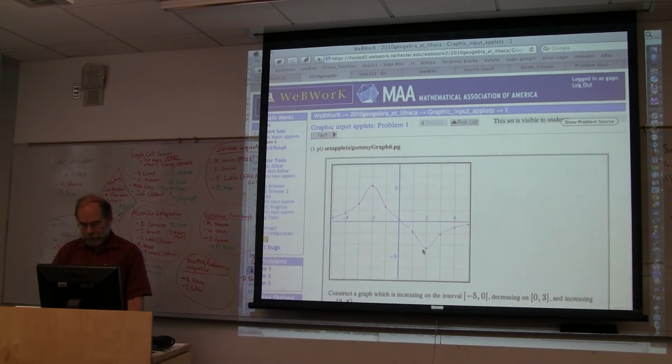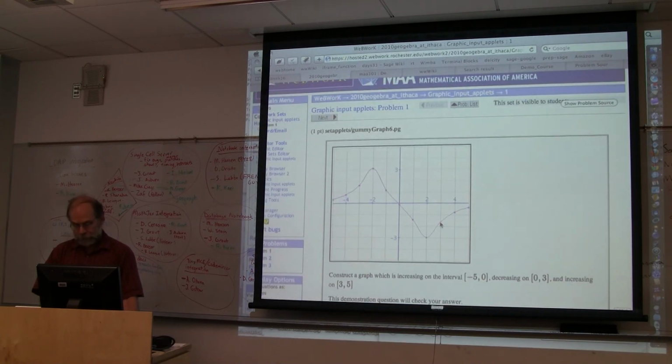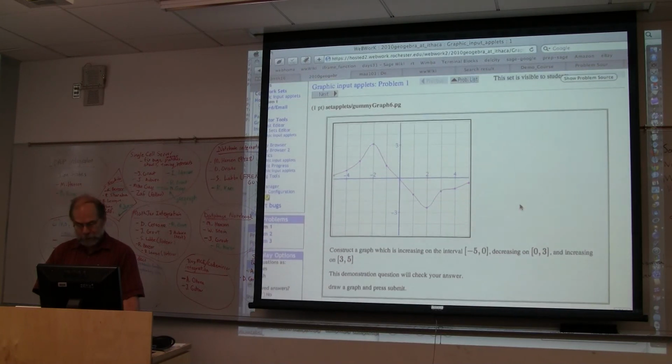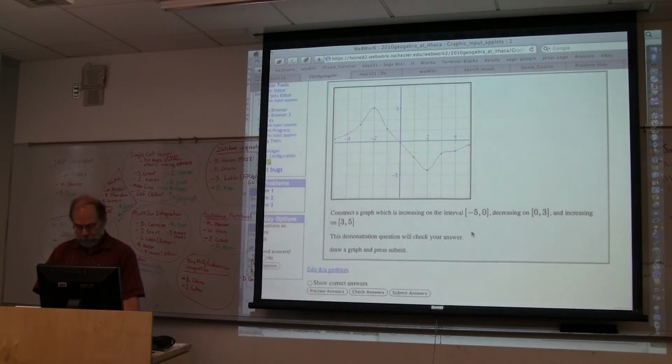This was done by David X, again in the late 90s, so it's actually been around for a long time. This is a nice kind of interface for students. You move these bars around, and then it interpolates between the two and shows whether or not you got the answer correct.